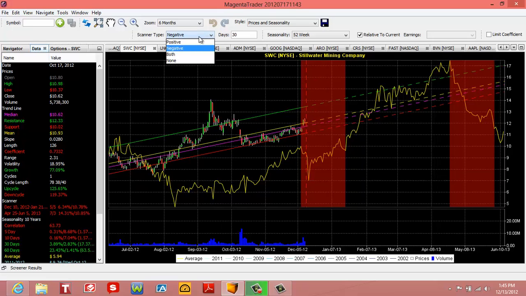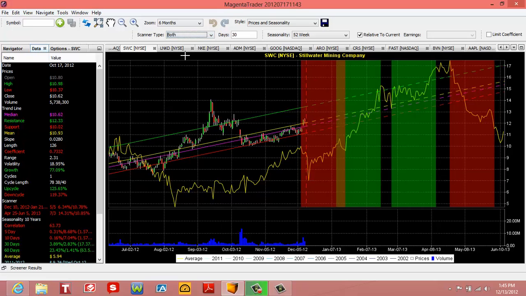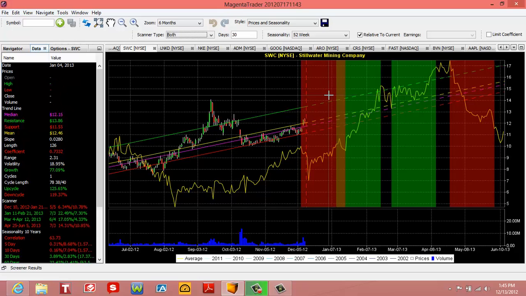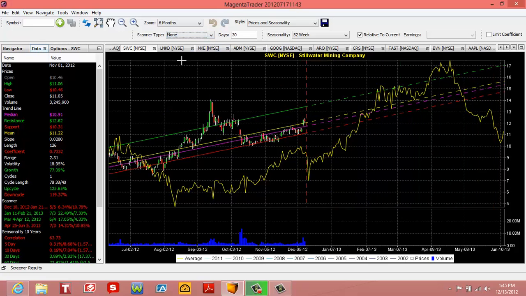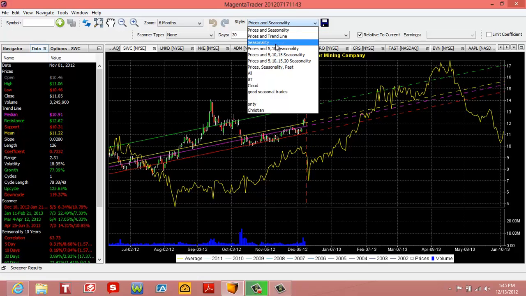Now, what else can I do if I wanted to see both? Okay, it would load both. It would show me the best times that it goes up, best times that it goes down, and if I want to eliminate it, I can just put none, and it won't show me any data. Now, what else can I do? I can see seasonality